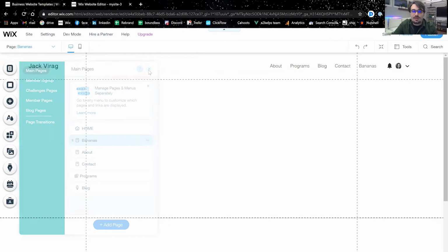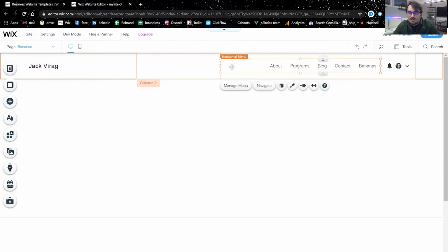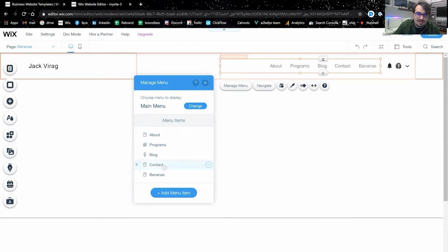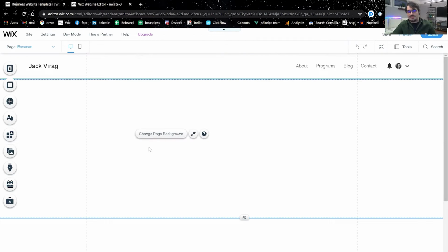And as you can see, I don't know if anyone noticed this. I didn't notice it at first. In the menu, in the header, this menu is set to auto pull from the pages that we have. So when we created the page called bananas, it changed it in here as well. So we can manage that. If we don't want bananas to be in the header, we can just change that. Menu items. Yeah, bananas. We'll just remove it from the menu. So it's still a page, and it's still the page that we're on, but now it's not in the header